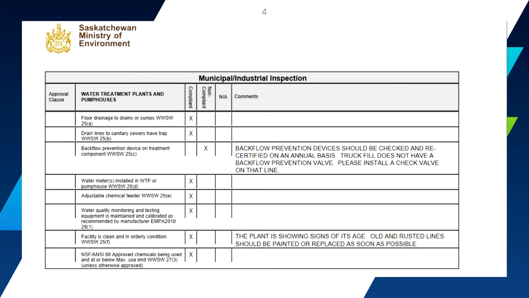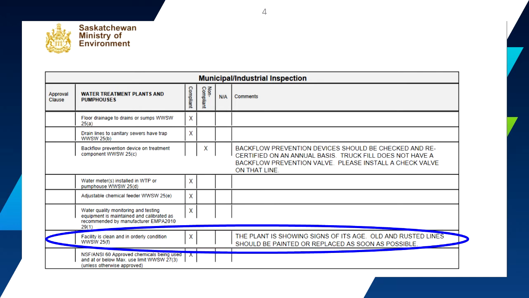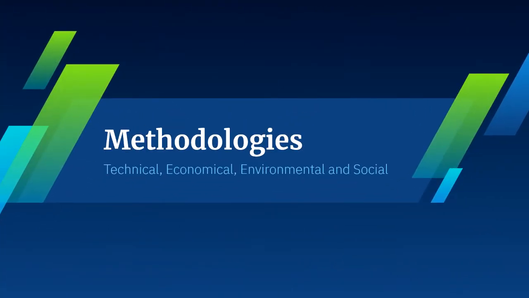In this slide, it confirmed that the pipe is old and rusty. According to the document provided by the Saskatchewan Ministry of Environment, the pipe should be painted or replaced due to aging. Once again, this proves that the condition of the pipe is unpleasant and may have a potential impact on the residents' health and safety later on. In the next slide, we're going to discuss what software we use and how we use this software to prepare